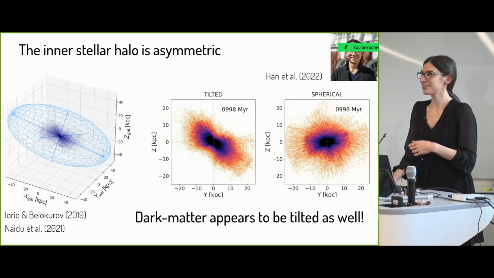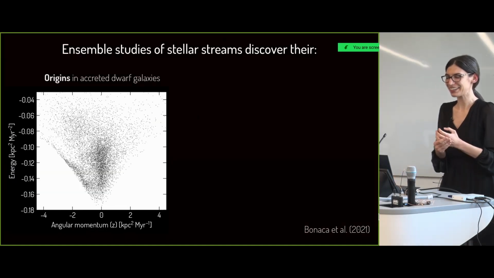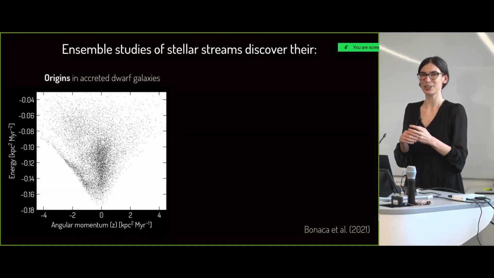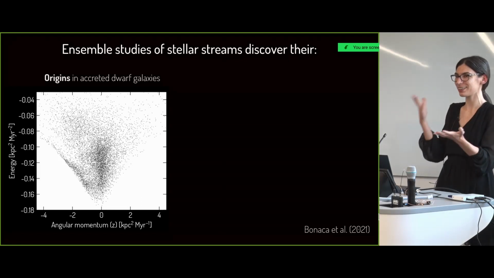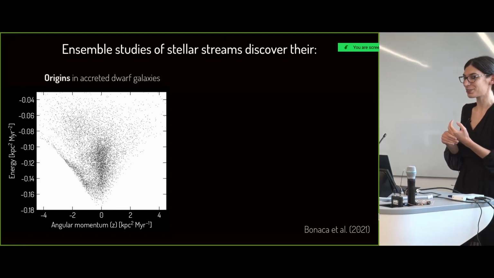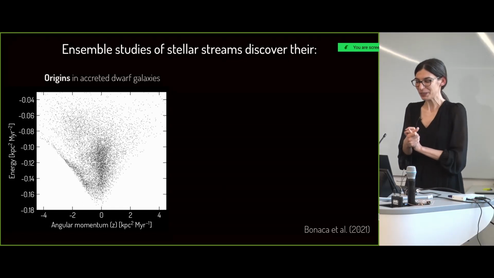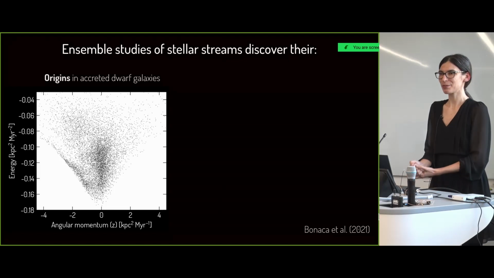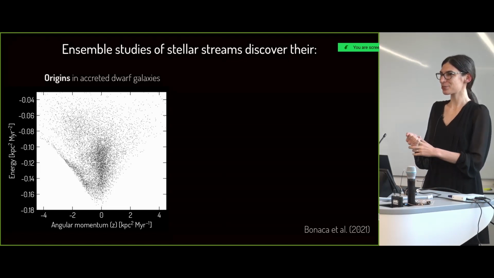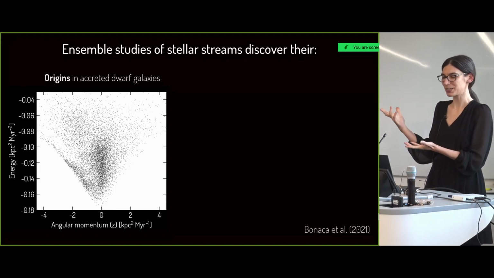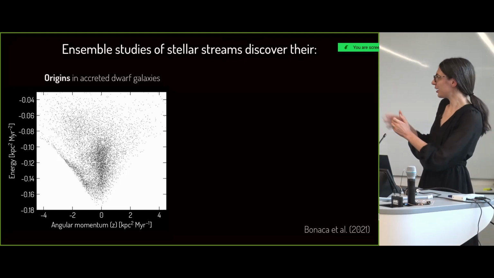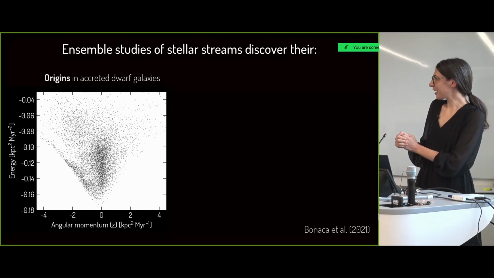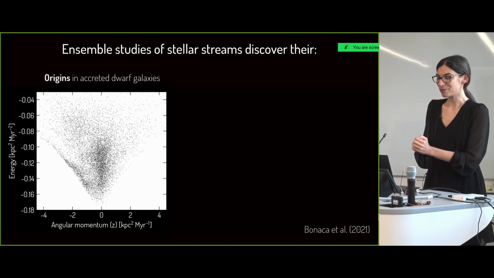And so this all kind of makes it seem that it's really answering the question of the origins of the galaxy, and the very precise underlying gravitational potential may be hard. But I think there is a way forward, and it comes from analyzing stellar streams together as a population. And I'll show here another diagram of energy and angular momentum phase space.